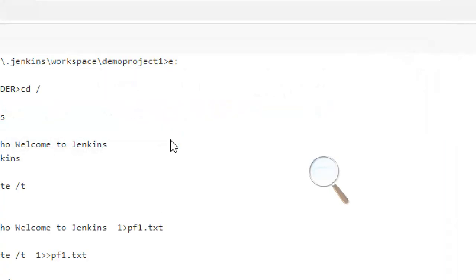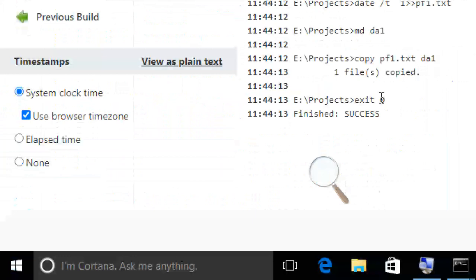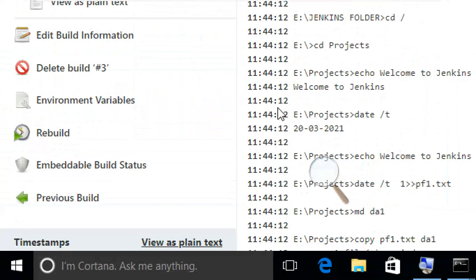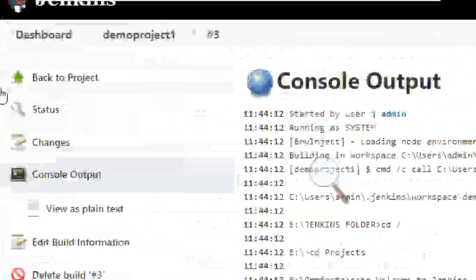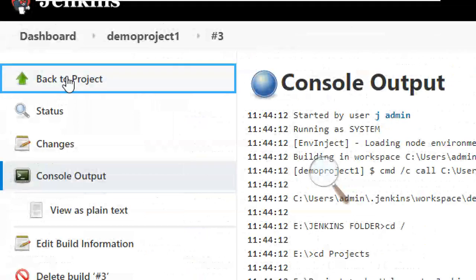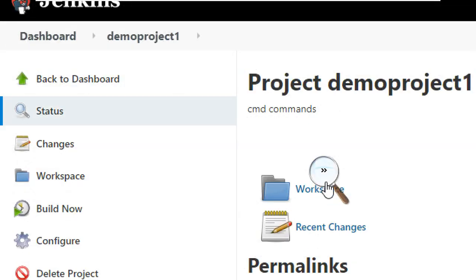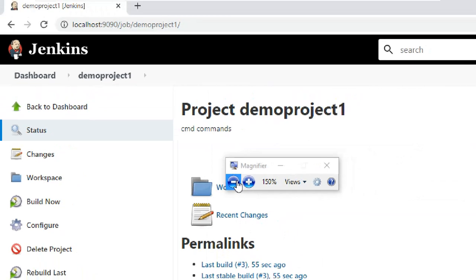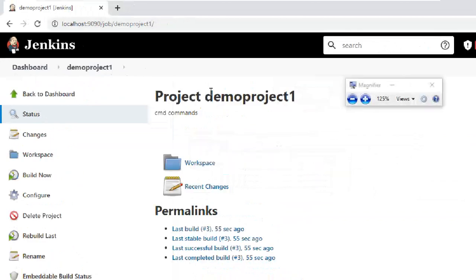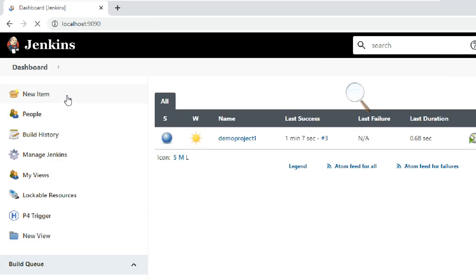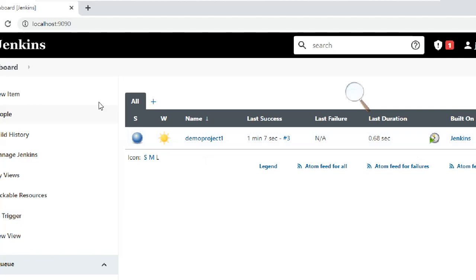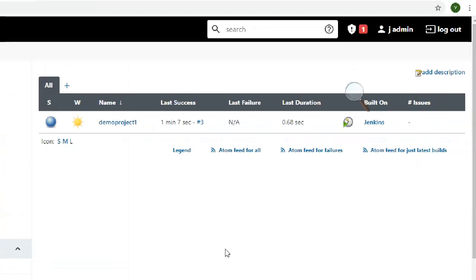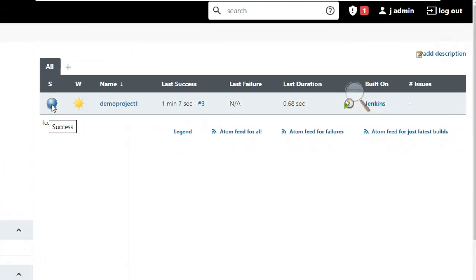So this is your demo project. This is one project. Now how to create a dependent project is also easy. A dependent project means once you build this one, you can build another project. That we can also do. Okay, so if you go to the dashboard again, you can see it shows a successful project.